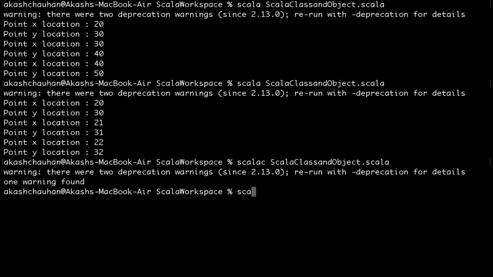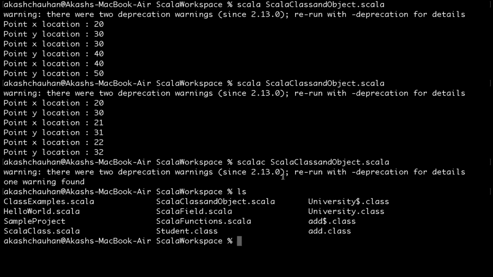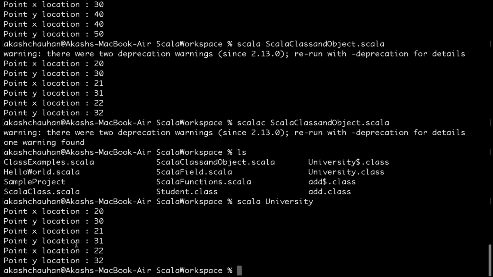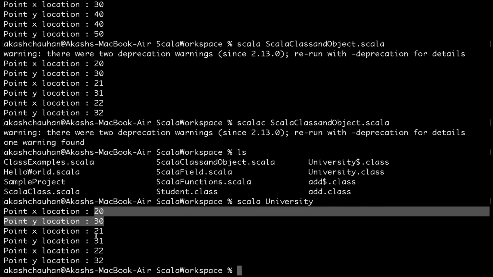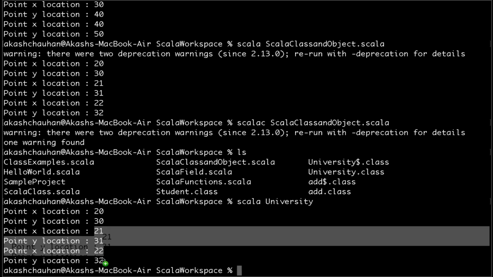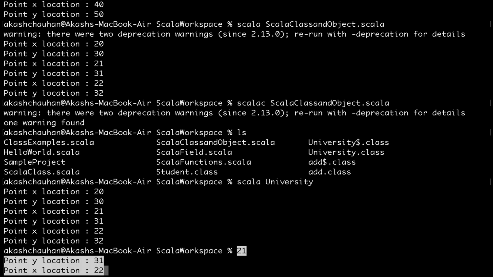Scala. Let's understand what is the dot class file it has created. So it has created this university dot class. When we are using Scala, we have to use this university dot class. So we don't need to do that. As you can see, 2030, 2131, and 2232. Now it has passed all